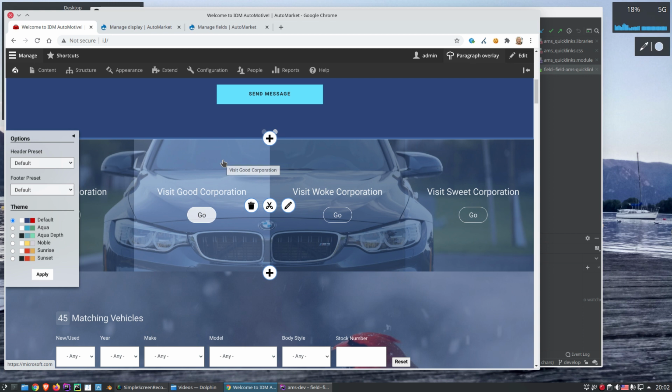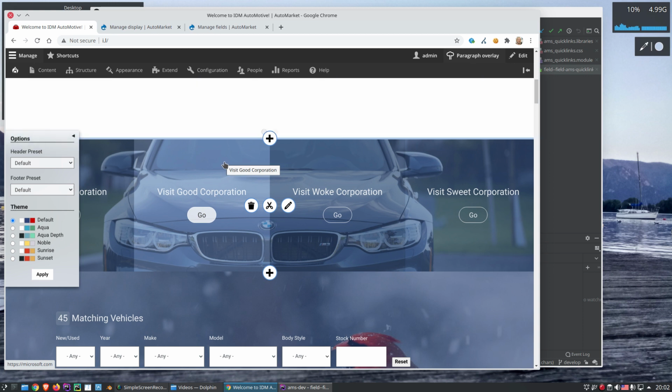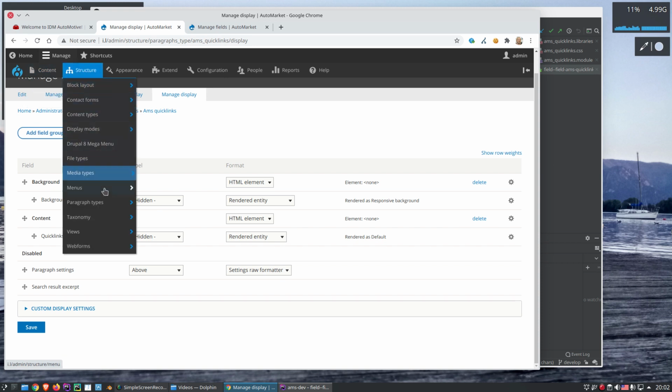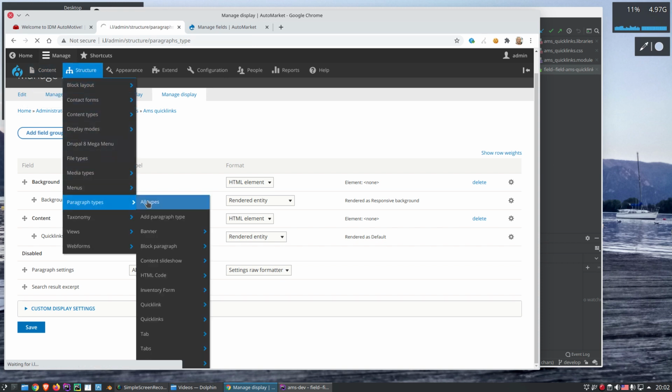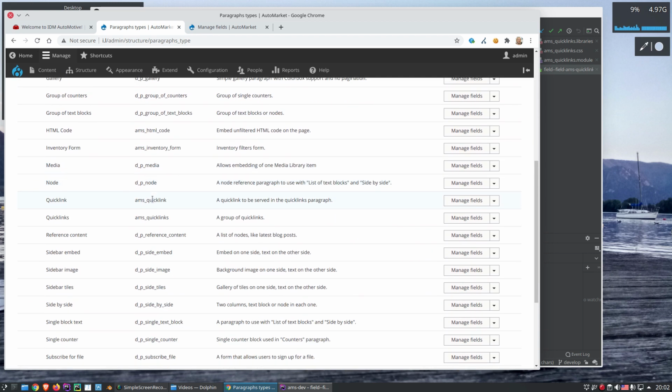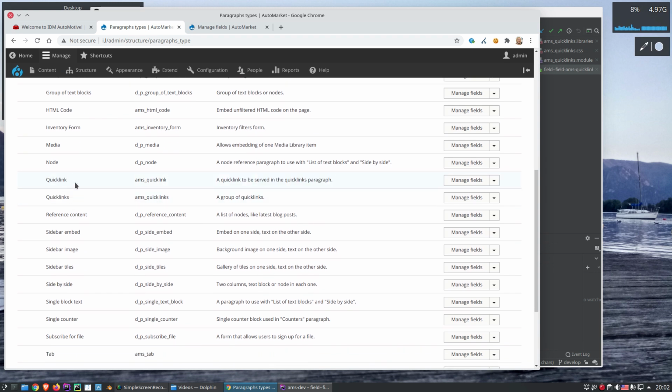So how do you do that? I'll show you the general overview, and if you have questions, please ask me in comments. So the first thing is that when I go to content structure, paragraph types, all types, you can see what I did. I started by adding a quick link paragraph, and then I also added quick links parent paragraph. Inside the child paragraph,